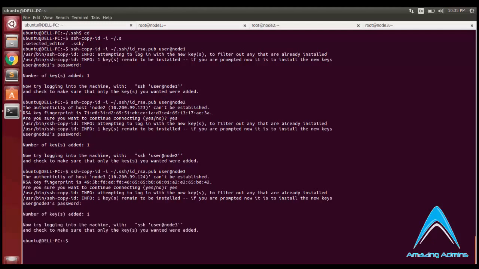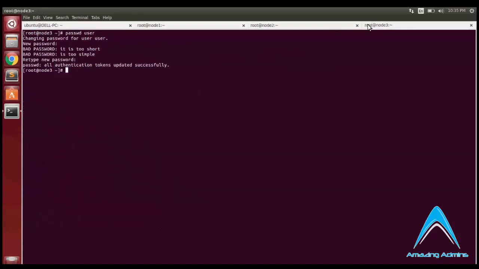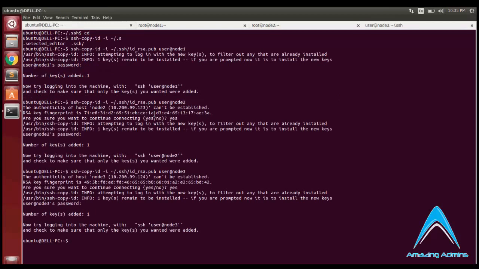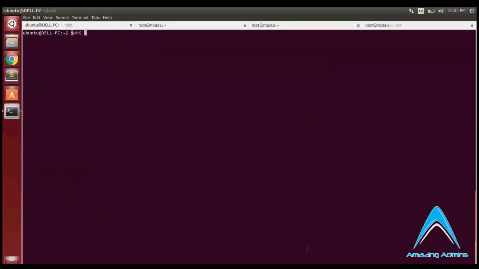Now on performing the command, what the system has done is it has copied the public key, that is id_rsa.pub, to the remote computer, that is node 1's .ssh directory, which is in user's home directory. So as you see, I'm going into user and I'll be going into the .ssh directory. You may find that an authorized_keys file has been created. What authorized_keys contains is the public key of the public private key pair which I've generated. What this indicates is that the private key of this particular public key which has been listed here is authorized to access this computer using SSH.